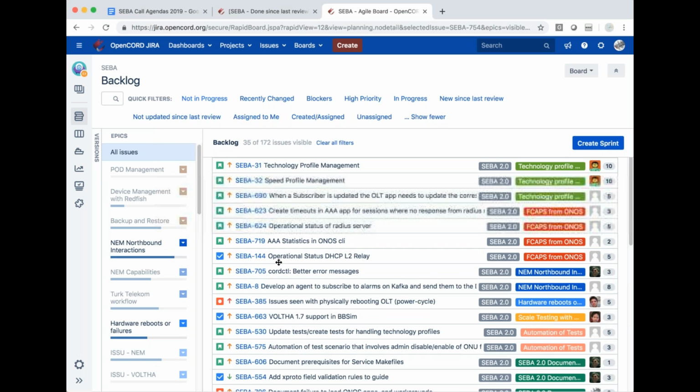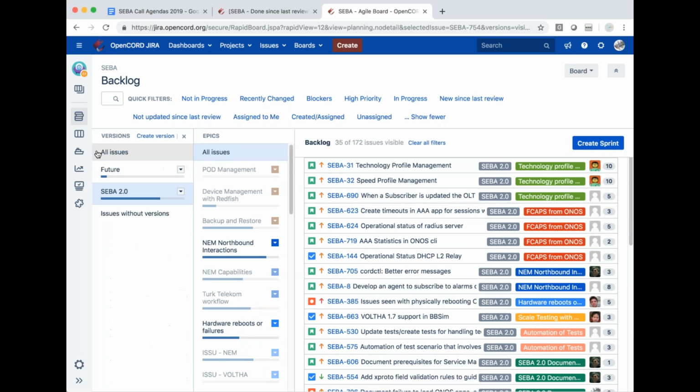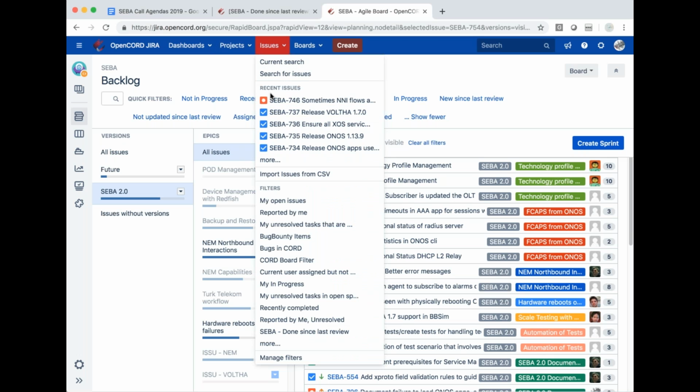If you can go on the issues, there is a filter that we tracked last week, on the bar at the top: projects, dashboards, projects, and issues. Yeah, and there should be a filter, bugs for 2.0.